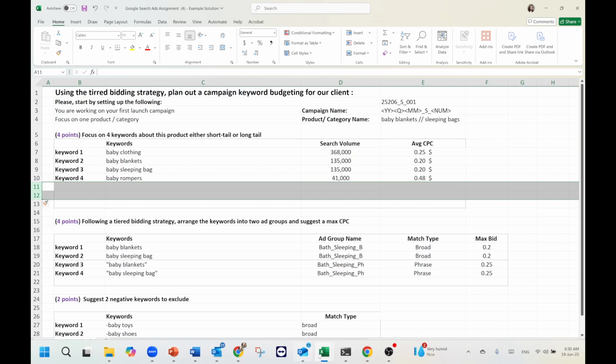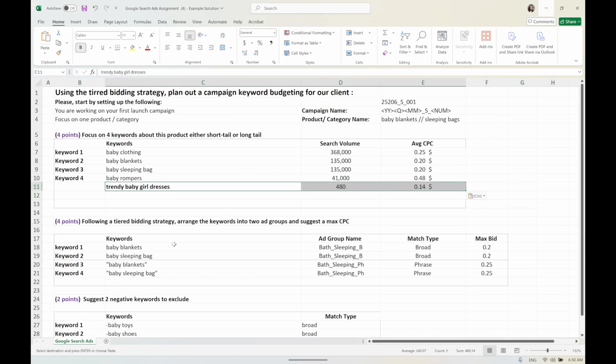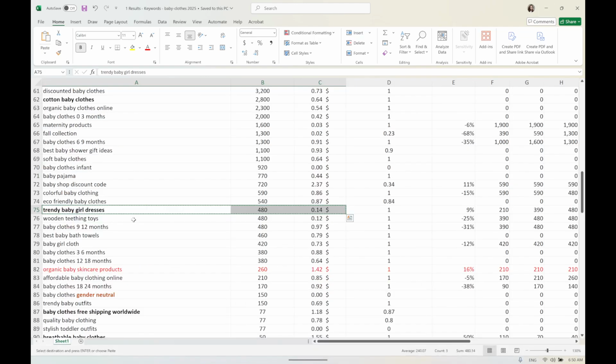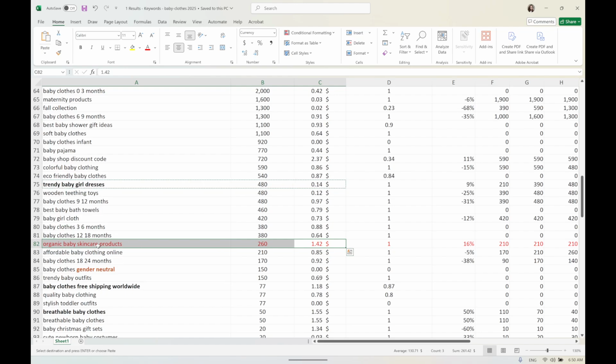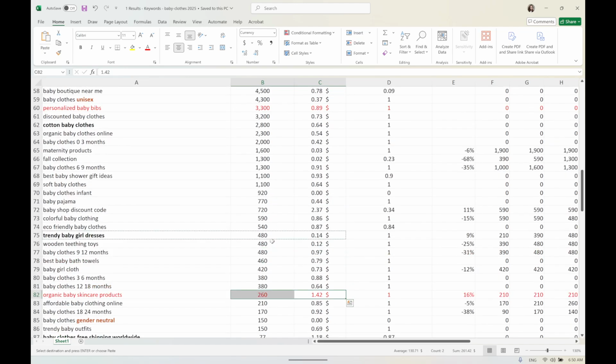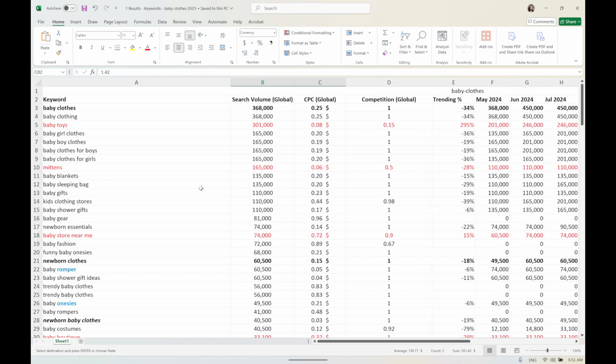So let's imagine here we have also this keyword, and let me add another keyword, which is wet coats, maybe baby coats. You see, seems like many of the players in this industry are focusing on organic, but the search volume for the CPC is horrible for a startup business. So this is not something that I will advise any startup business, especially if they don't have the money. As expected, you see, this is gold, and seems like not many players in the market are actually following this